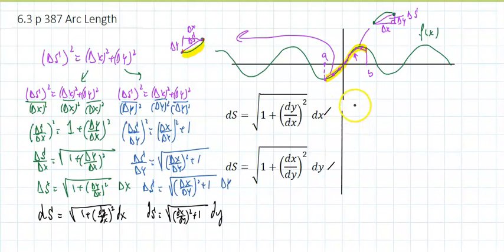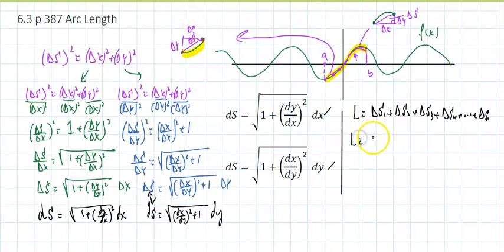So, if I wanted to find L, do you see that that would be delta S1 plus delta S2 plus delta S3? I never mentioned how we went from this to this. I just said you learned that in first semester calculus when you showed the exact versus approximation. So I could say L equals the series n equals 1 to infinity of delta S sub i, wouldn't you say? And if I take